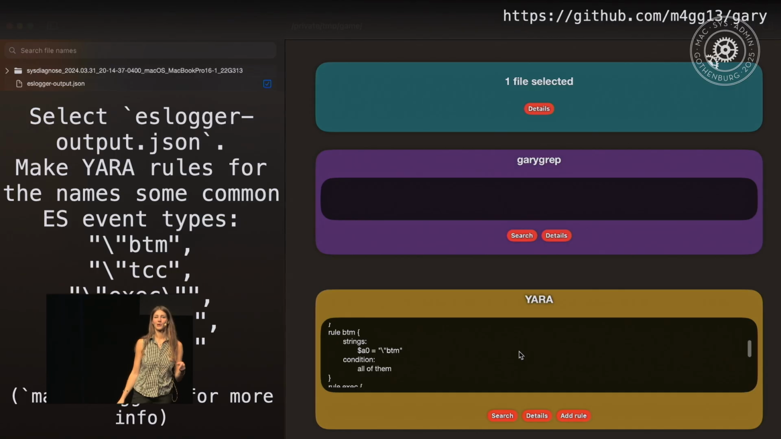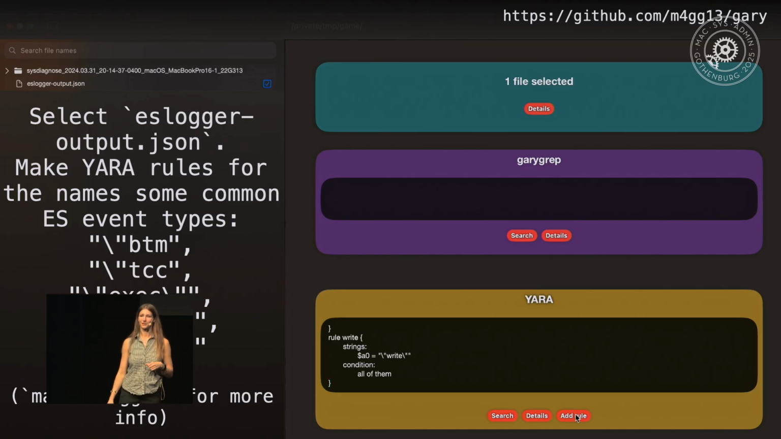And if you want to know more about ESLogger or endpoint security, a good place to start is the manual page for ESLogger. It's kind of fun to learn about. And the idea of it in general, for anyone who doesn't know, is that it's endpoint telemetry, but it's on the device there. So I have pasted in